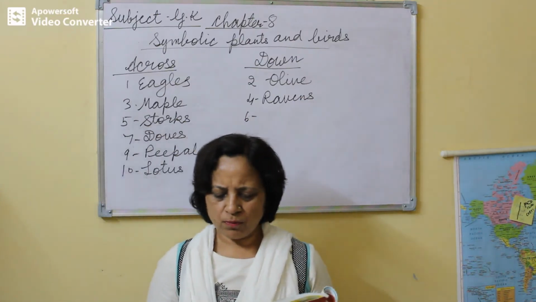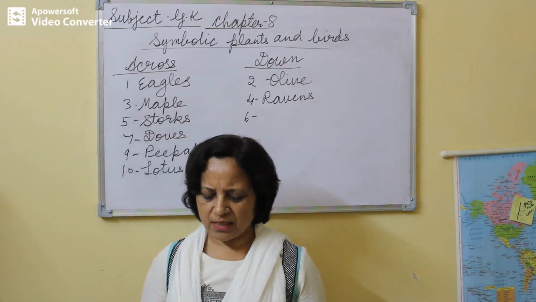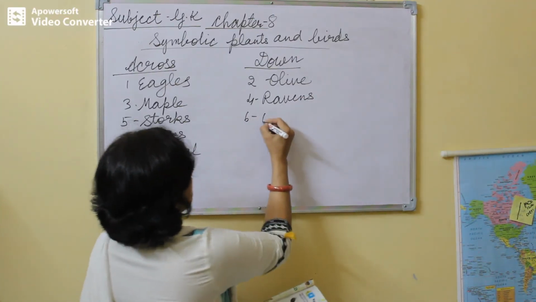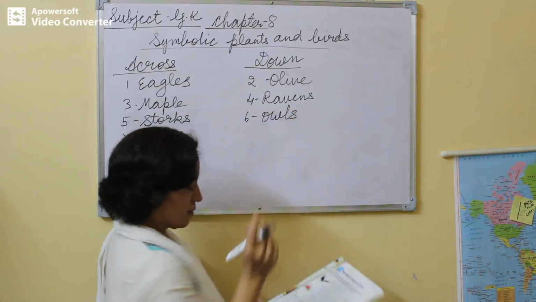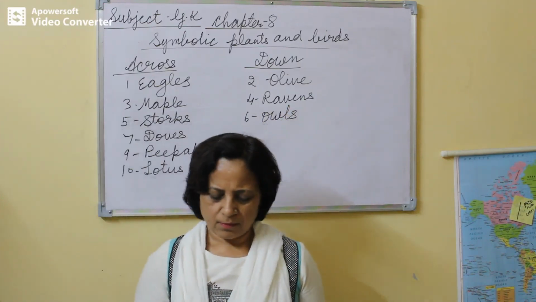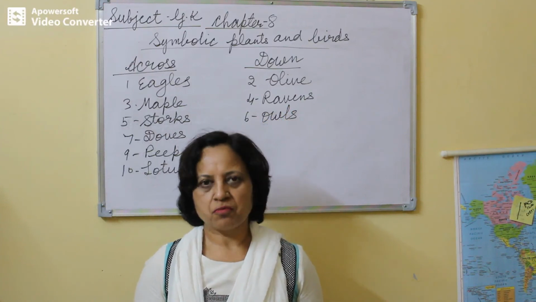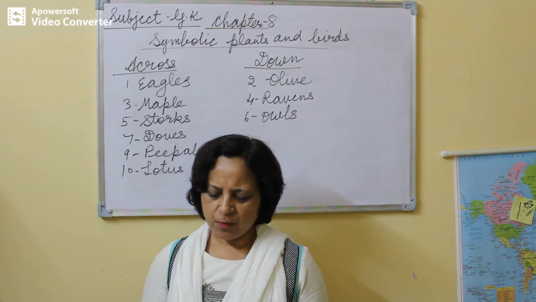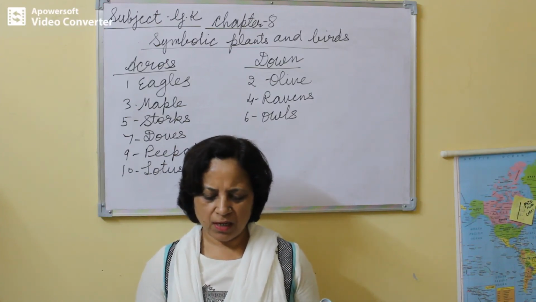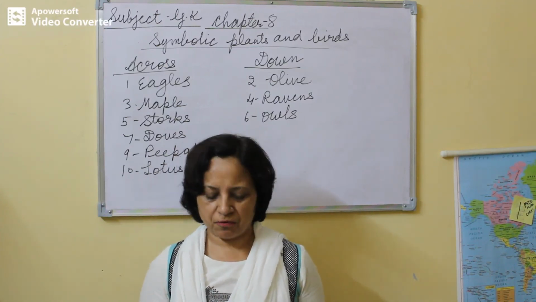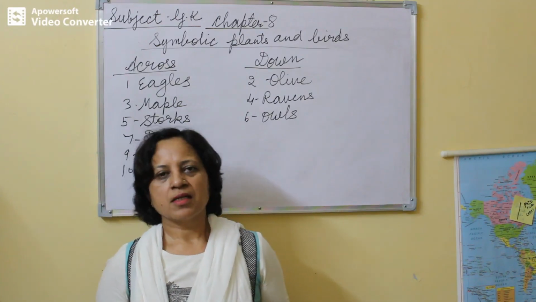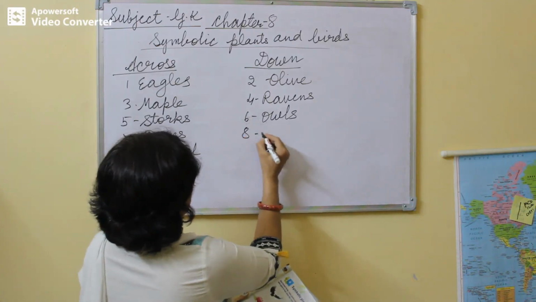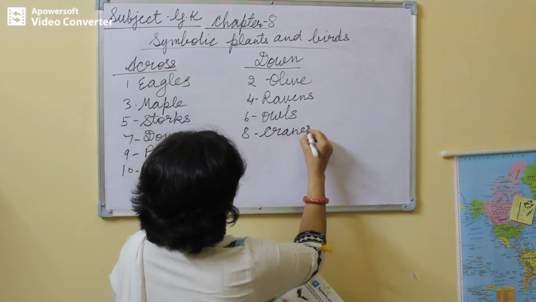In ancient Rome, the hooting of these birds was deemed a warning of death. The answer is owls, OWLS. Hooting of these birds was deemed a warning of death. Owls. Eighth, these birds found mainly in Asia are adored symbols of long life. Now these birds are the symbols of long life. Cranes. Answer is CRANES. Cranes.